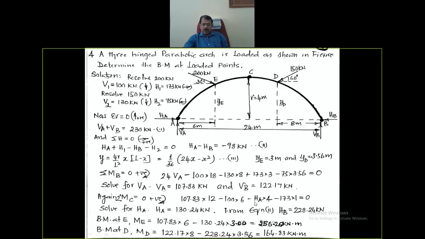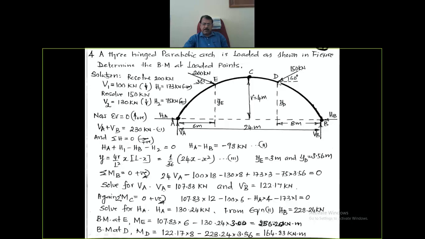From this equation, the unknown is HA. Solve for HA. The value of HA works out to be 130.24 kilonewton. After obtaining the value of HA, substitute that value of HA in equation number 2 and compute HB. The value of HB works out to be 228.24 kilonewton. Well, after evaluating the values of VA, VB, HA and HB, compute the bending moment at E as well